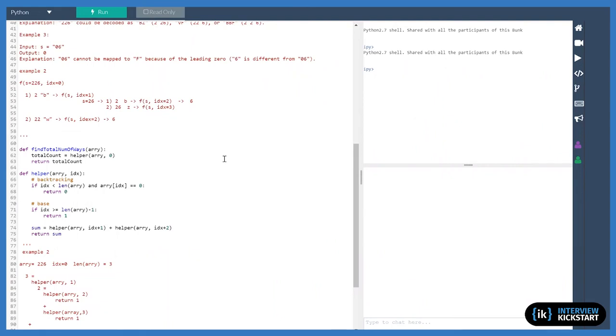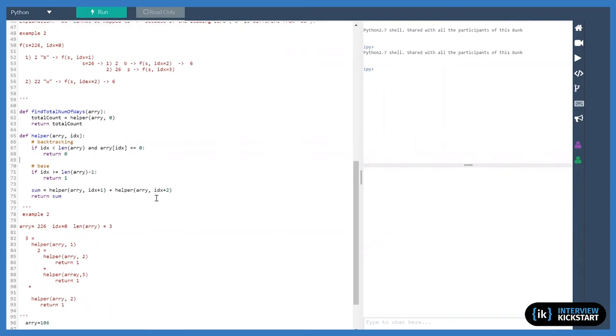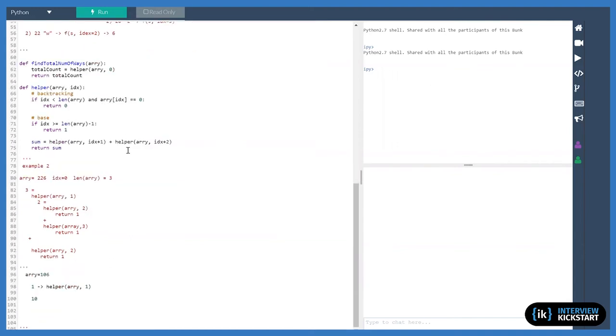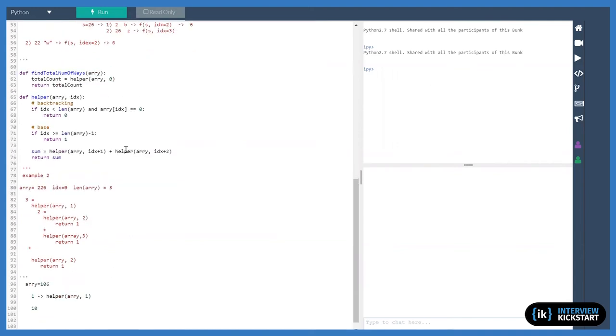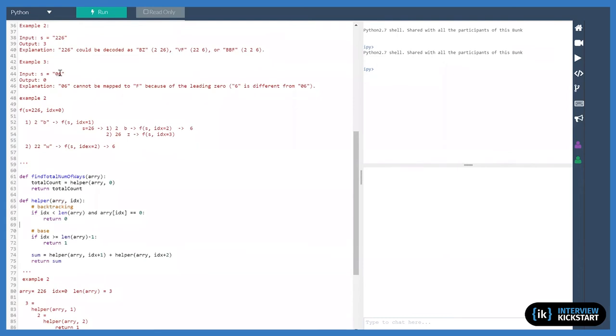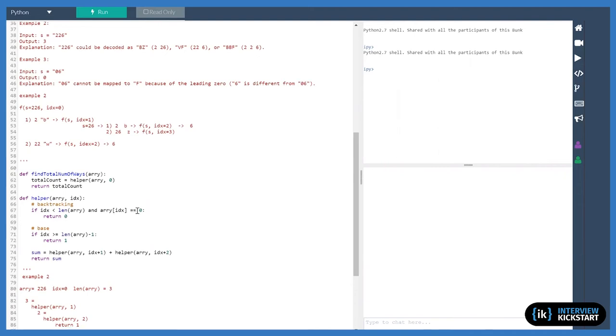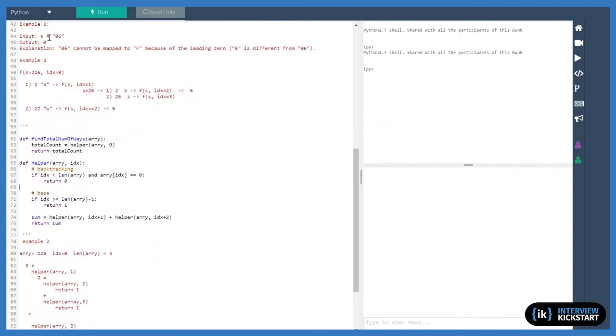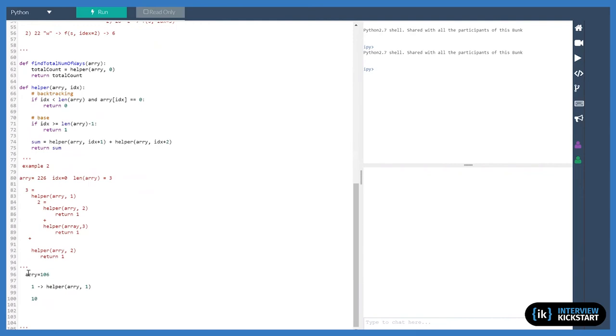Let's see. Array index equals 0. So for example 3, in this case, I just return 0. So that works for example 3, and then for the 106 you provided,